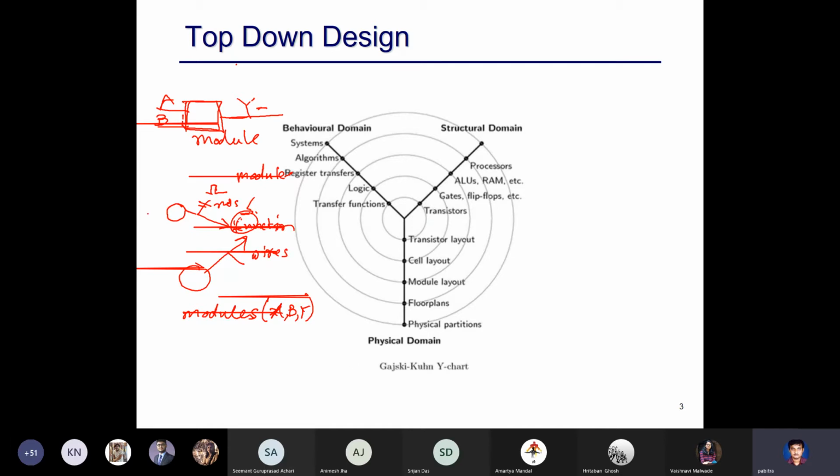Now, HDL is a program, so it's a piece of text, a textual description of the hardware. In a textual description of the hardware, you cannot draw diagrams like this. You can write functions. So how are these connections established?